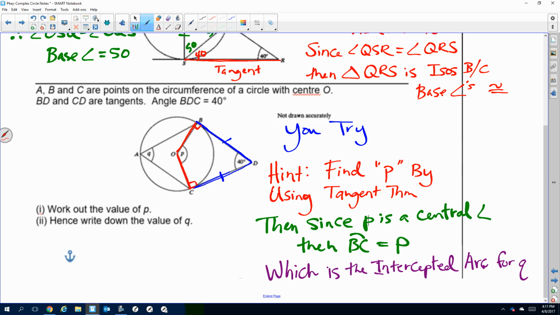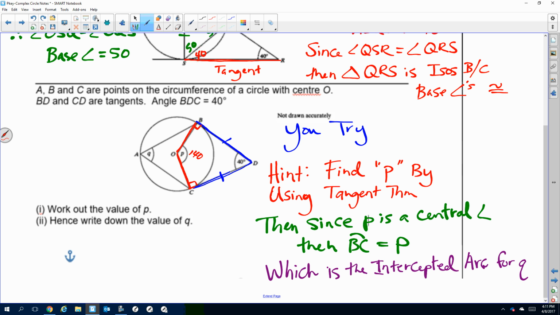And then I can use now those 90 degrees and the 40, use the quadrilateral to find the measure of angle P. So basically use your 360. So if I add these up, subtract from 360, we now see that angle P right here would be 140. And so that's where you want to start, because if I know my central angle, then I can get to